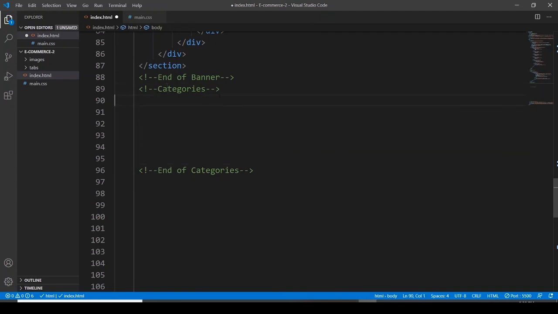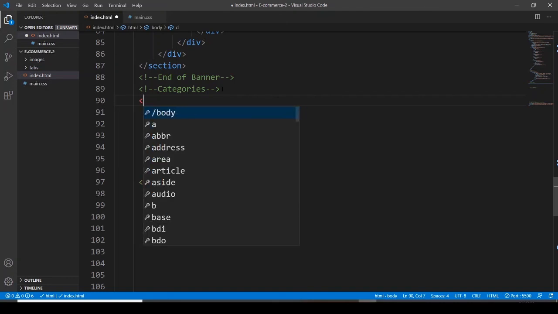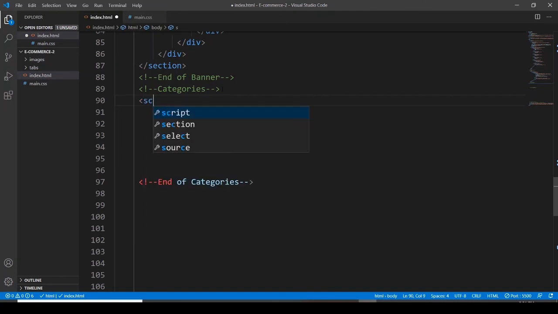And here, let me make some room for me here, and let's have a section element first. So section,